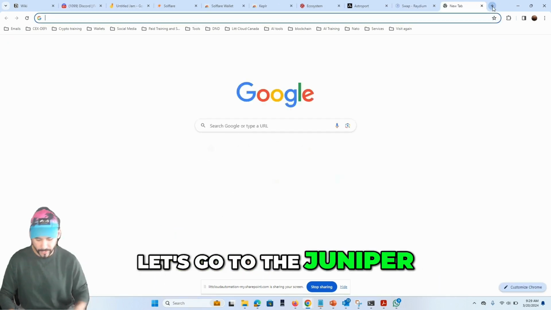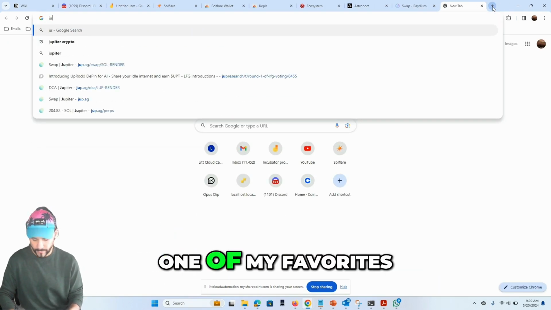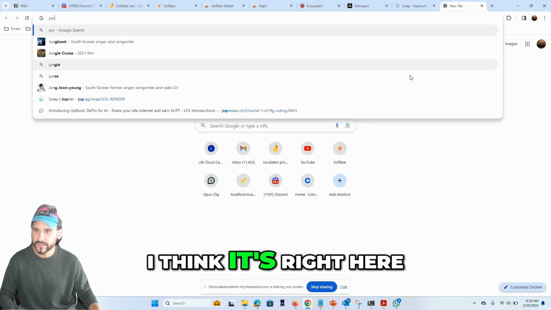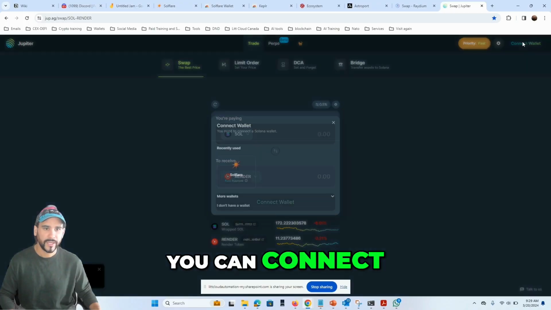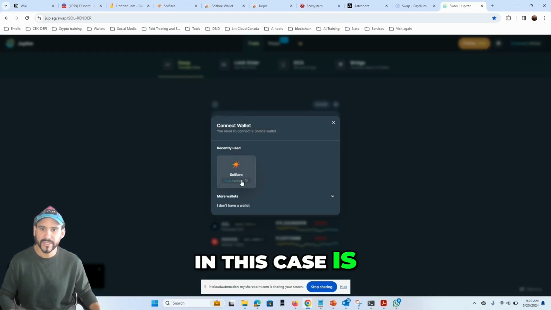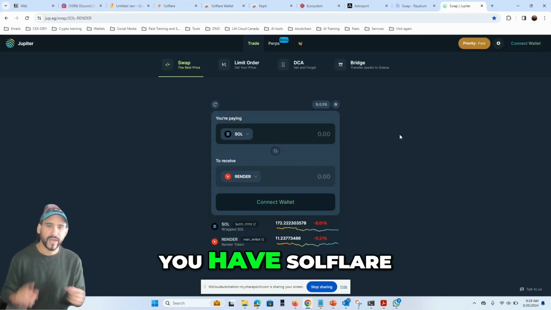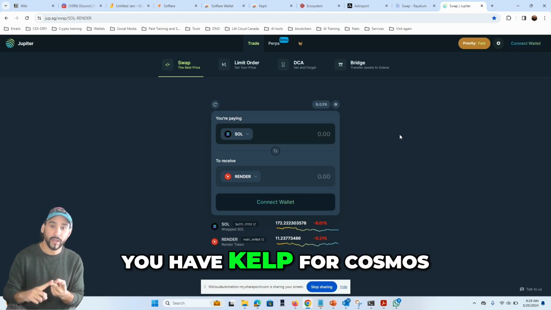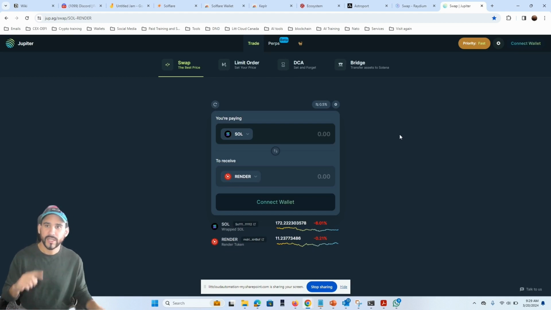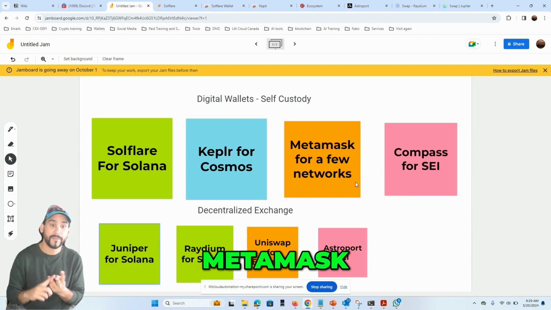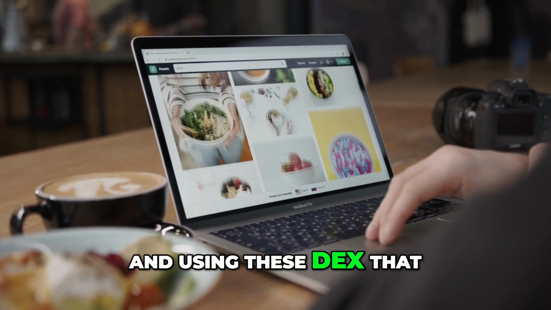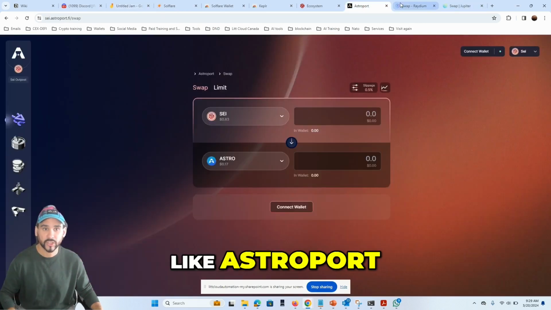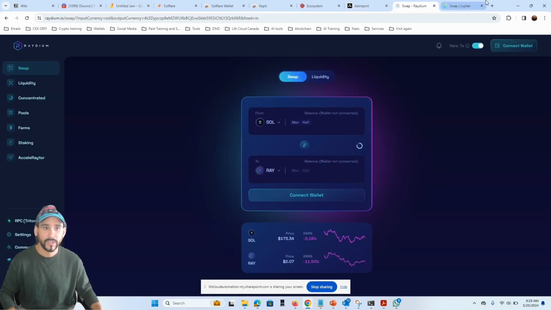If you want to buy, which other ones we have over here? Let's go to the Juniper. The Juniper for Solana, one of my favorites. Juniper, I think it's right here. Look at this beautiful interface, colorful. You can connect your wallet over here. In this case, is the Software. So if you have Software, if you have Kelp for Cosmos, if you have MetaMask, if you have Compass, you can start buying and using these DEX that I'm showing you right now, like Astroport, Radium,